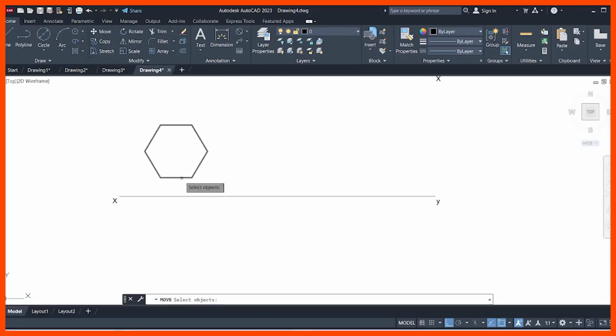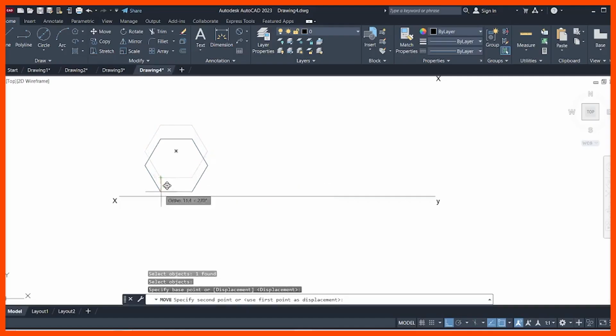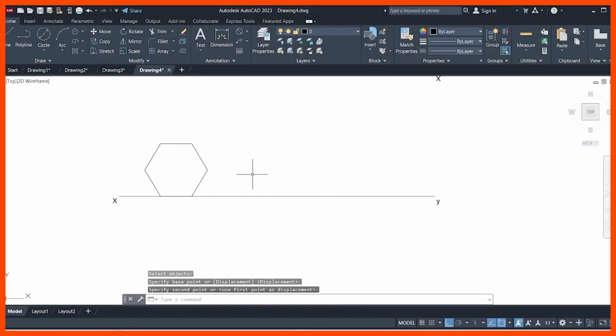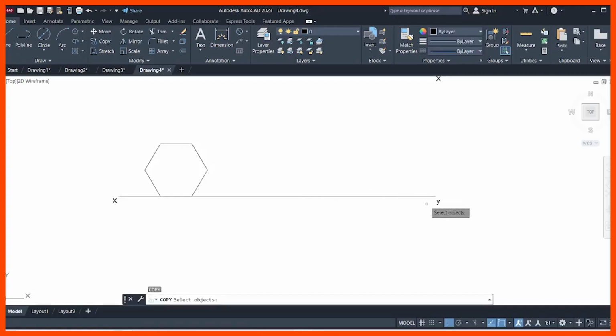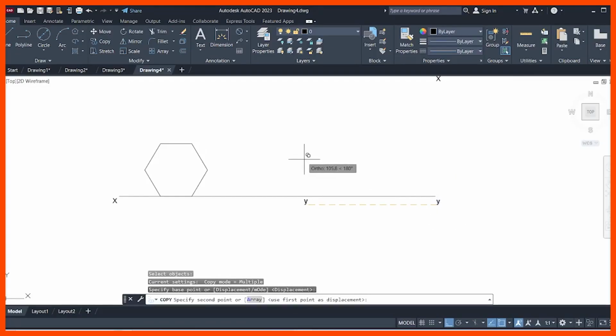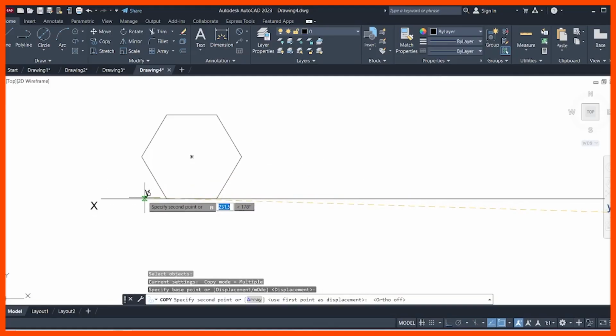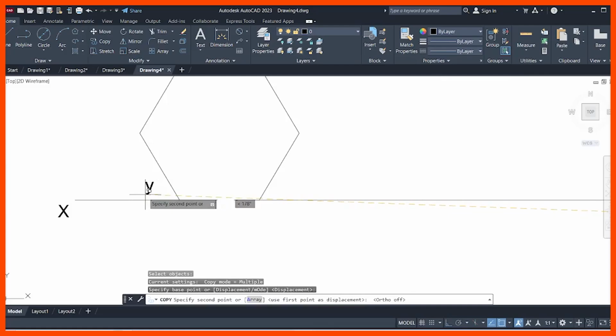it is available in the modify toolbar, select the object and press enter. Join this bottom rectangular face with the reference line. After that, give the marking points of the 6 corners, go to the copy command, select any letter and make sure to switch off the ortho mode, and zoom in carefully and place the letters carefully here, A,